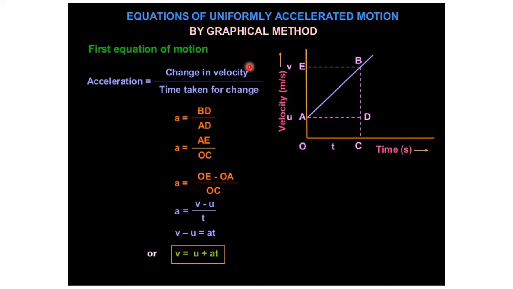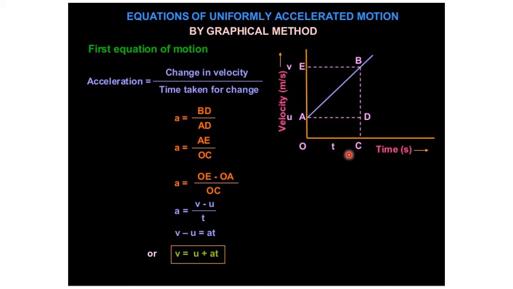Here we are talking about this graph, which is called the velocity time graph, in which the object is moving with uniform accelerated motion. From this graph you can see that there is the initial velocity at point A, and it started moving and reached the final velocity at point B. We have highlighted with the dots and merged it here. V is the final velocity, and the whole time it took was time t. Can you see this one?